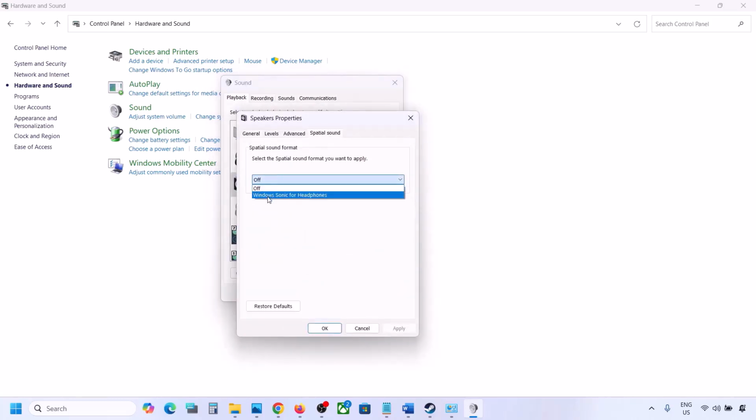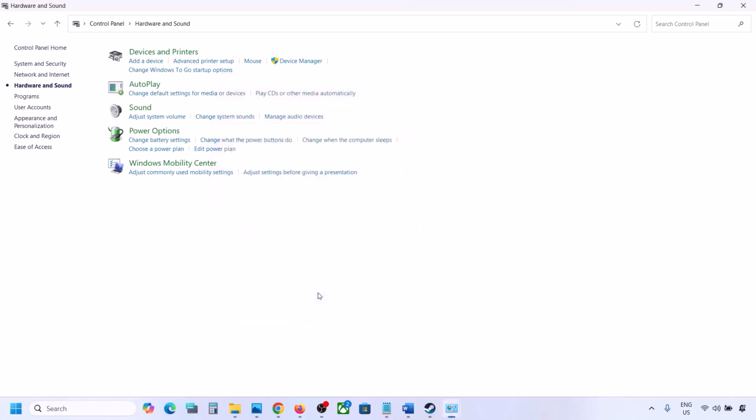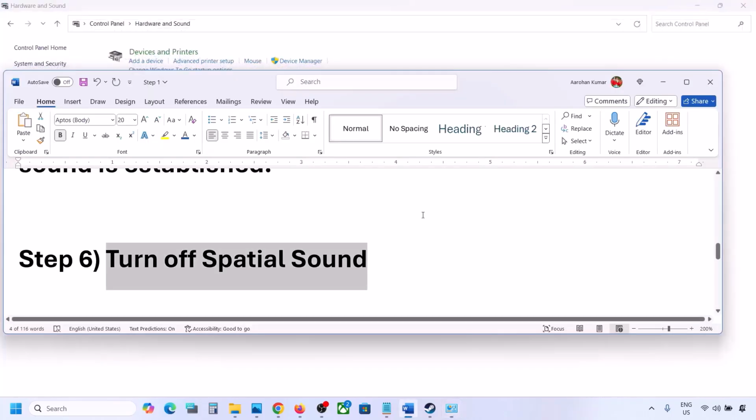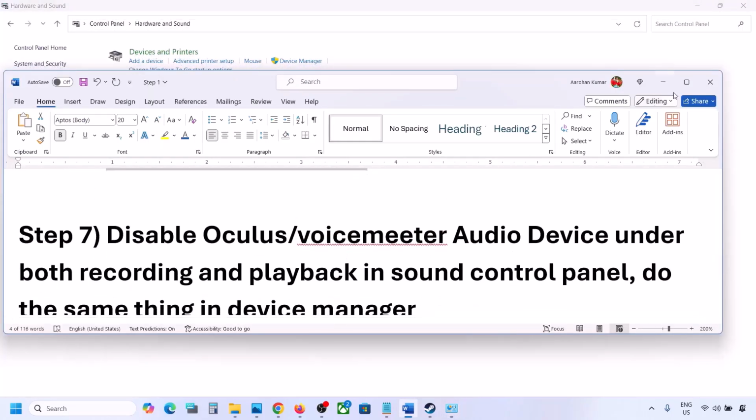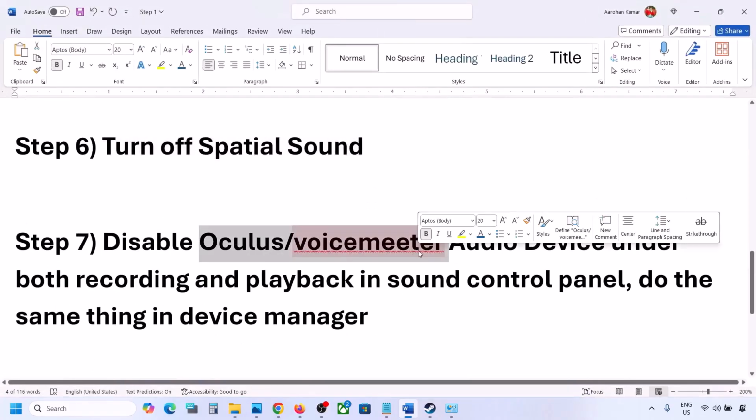If this is set to Windows Sonic, you can turn it off and then click on OK, or you can do vice versa. If it is already set to off, then you can try Windows Sonic and then check. Now the next step: if you have applications like Oculus or Voicemeeter or any other audio device,